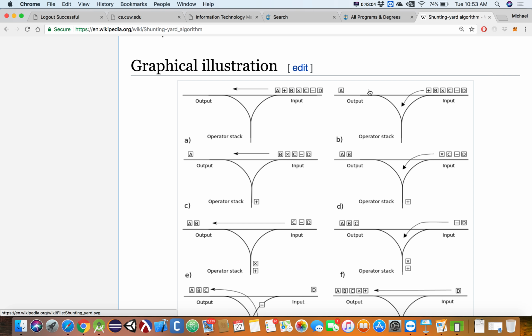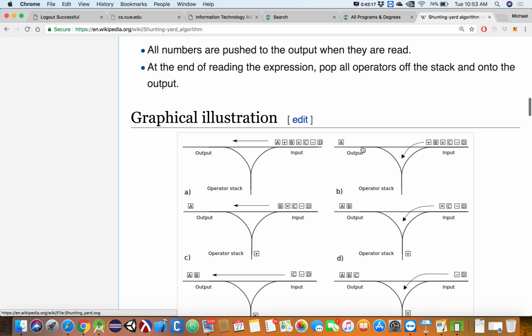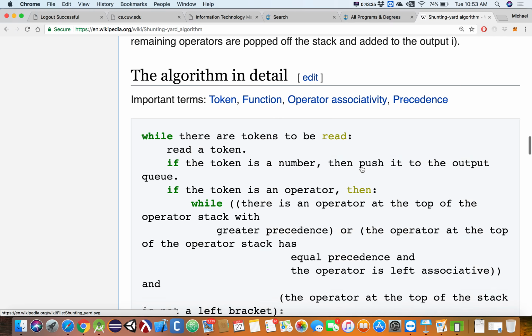Now, you could actually think of the output as a queue or a stack, but we're always adding stuff to the end of it. Depending on how you want to process it, it's going to work a little differently, so I would think of this as a queue. We have a queue here, a queue here, and then we need a stack for our operators. So we're going to have a stack that can hold a collection of op nodes. Okay? Now, if we scroll down here a little bit,